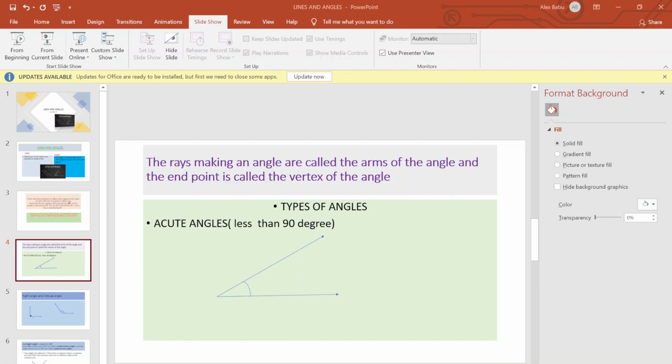Next, the linear pair of angles. This is another term. We already know that the angle on a straight line is 180, and we have also heard of vertically opposite angles, which we learned in our earlier classes: the opposite angles are equal. We can say that this angle and this angle, which are opposite, will be equal if the two lines intersect each other at the common point, and likewise this angle and this angle will be equal if the two lines intersect each other.